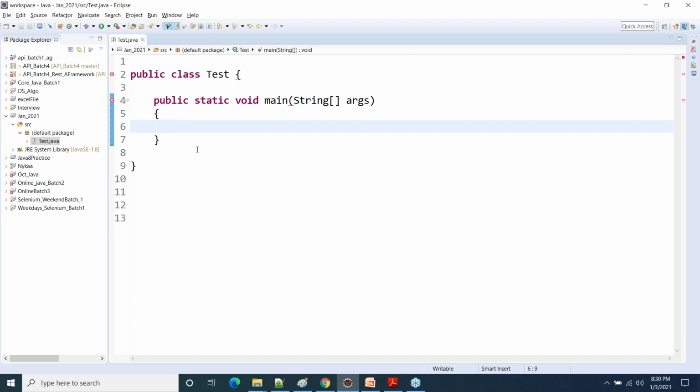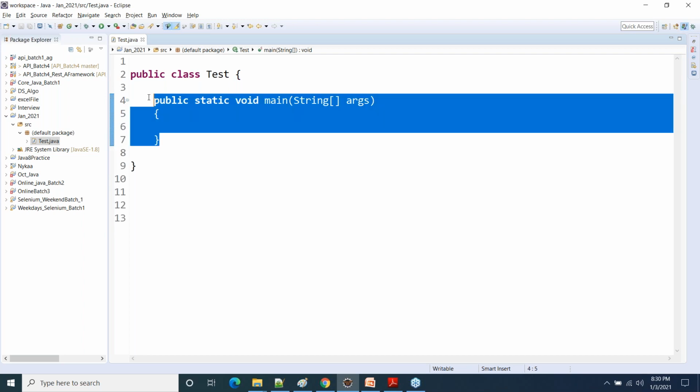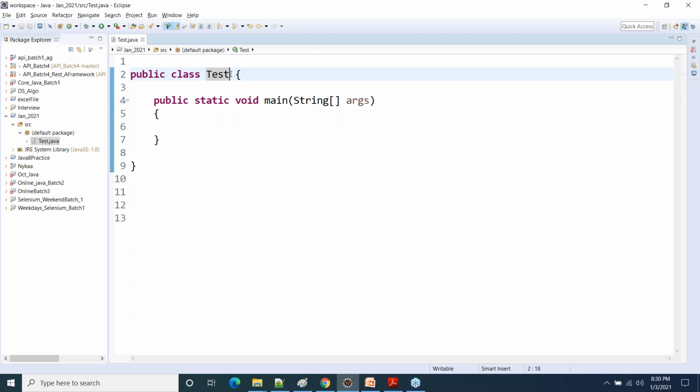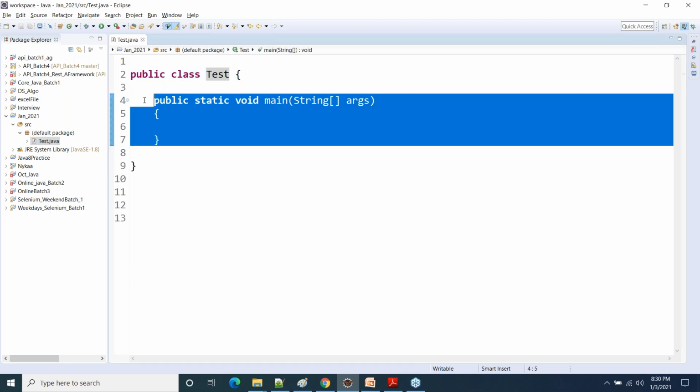This is the main method which is required to be available in a class in order for JVM to get the execution done. Then only JVM will be able to execute it.